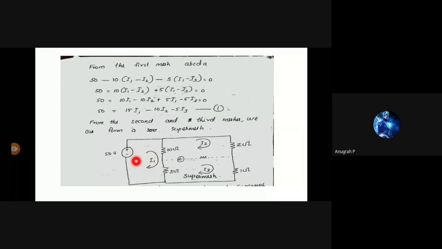So how can you apply mesh? You can write the KVL equations corresponding to this mesh. You may write the equations. So Fatima to Safa, can you tell the equation that you are getting for this first mesh? Fatima to Safa, are you there? Have you written the KVL equation?